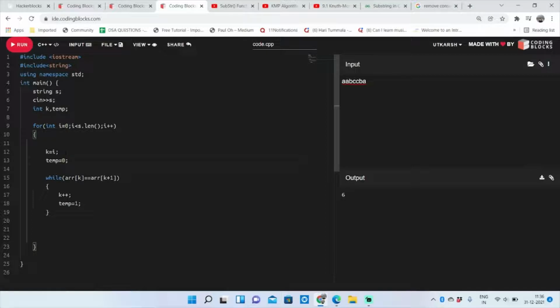Now what is the role of temp here? I'm basically using temp as a variable which will tell me if I need to change my string or not. Since I'm iterating through the complete string, I will reset at a letter which doesn't fulfill the conditions of this loop.